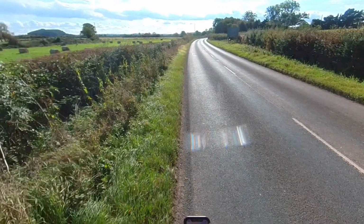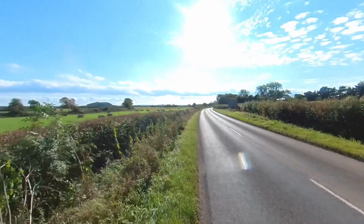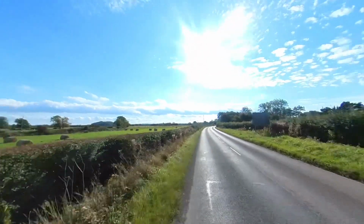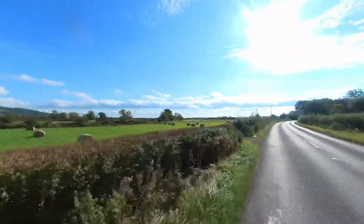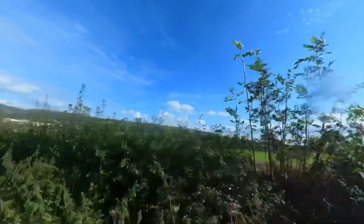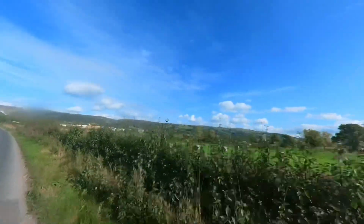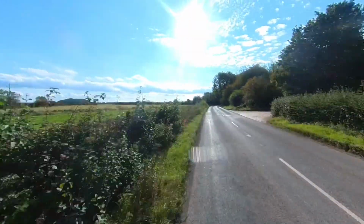I'm all on road now, so we'll crack on. Like I said, this is new ground for me, so I don't know what I'm going to see, anything that might be of particular interest or not. The hills to the left hand side there, that's the good old Mendip Hills again. It's very rare I go out on a camp and I don't have to summit